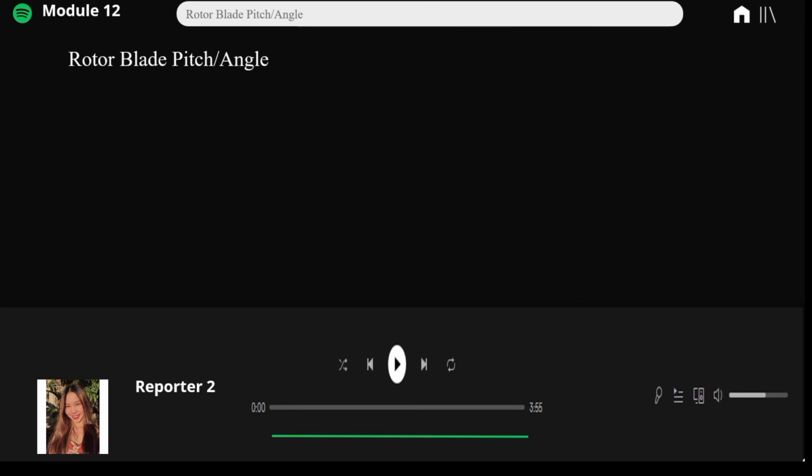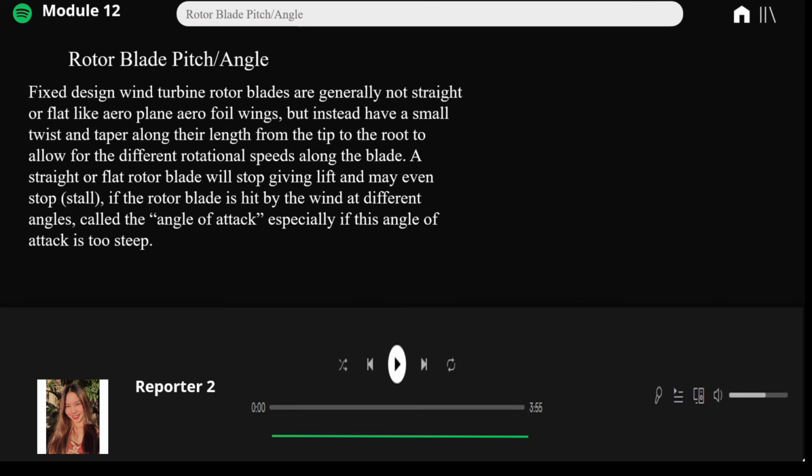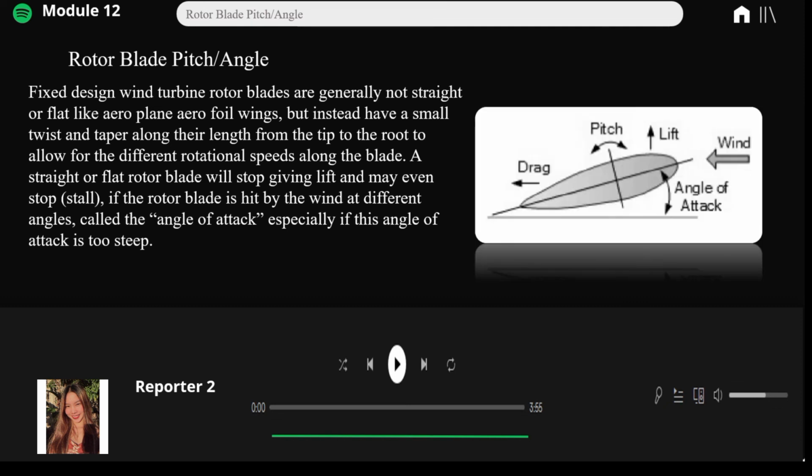So next is rotor blade pitch angle. Fixed design wind turbine rotor blades are generally not slick or flat like airplane aerofoil wings, but instead have a small twist and taper along their length from the tip to the root to allow for the different rotational speeds along the blade. A straight or flat rotor blade will stop giving lift and may even stall if the rotor blade is hit by the wind at different angles, called the angle of attack, especially if this angle of attack